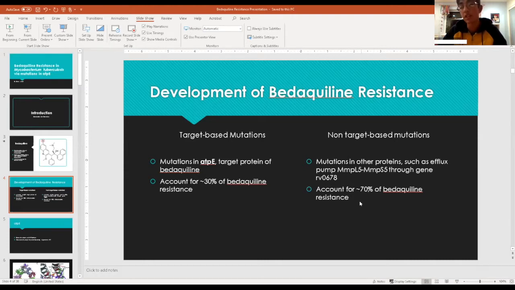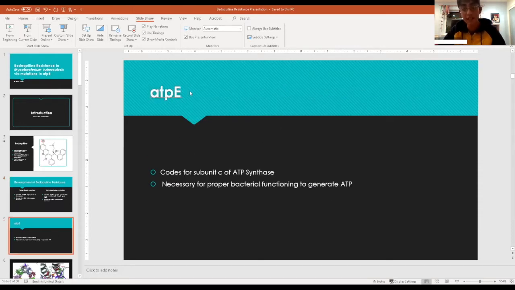One particularly important one is the one in the MMPL5, MMPS5 efflux pump. The efflux pump basically is a drug transporter which will send bedaquiline out of the cell. So that accounts generally for the rest of the resistance. But those can occur in a lot of different proteins, whereas the target-based mutations will occur in just the ATPE one. As I was talking about earlier, ATPE is actually a gene, but it codes for the subunit C